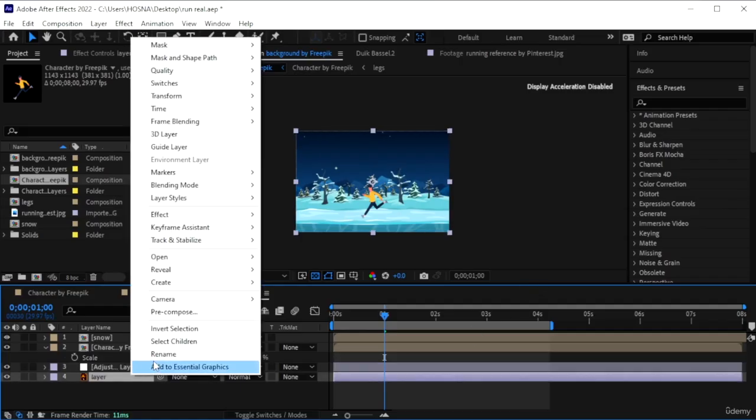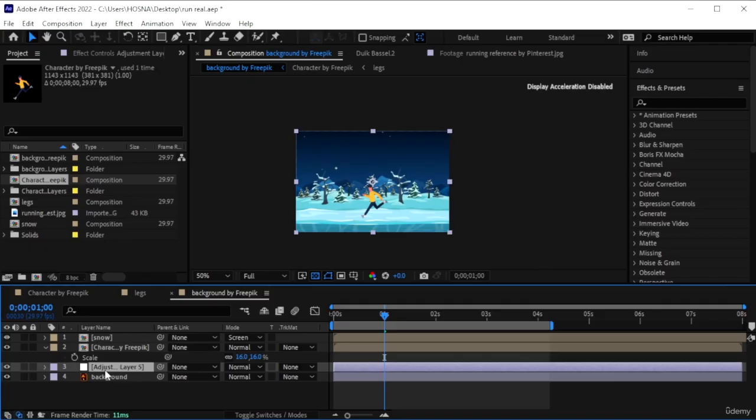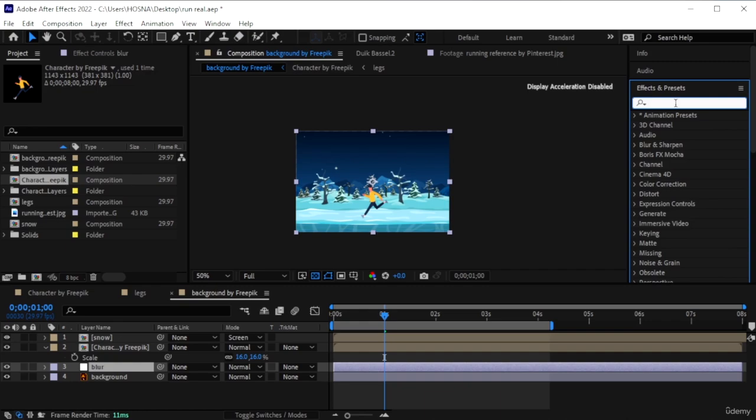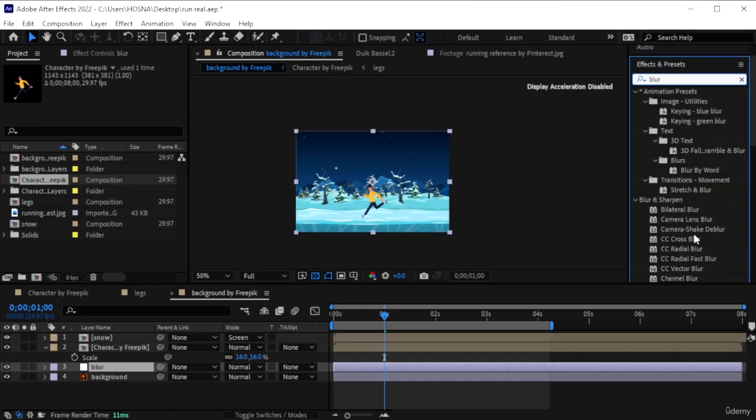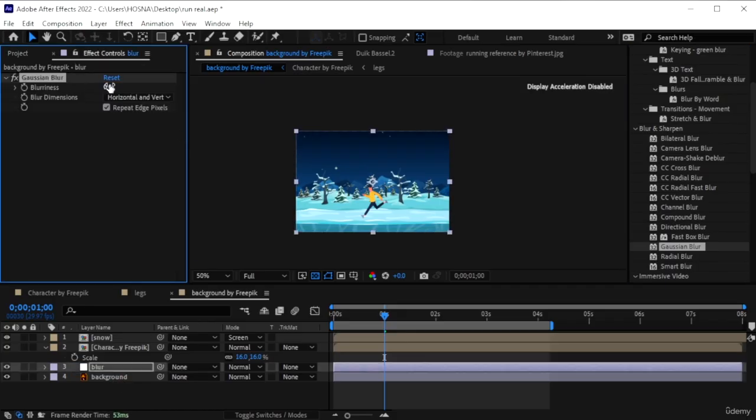Let's call this background. On top of the background layer, which is the mountains and all, we're going to make an adjustment layer on top and call this blur. Go to Effects and Presets, search for blur. Let's get something simple, Gaussian blur. I want to add, like, 30. That's too much. Let's try 10. 8. Okay, I'm going to add 8, and then we are going to select that blur layer, get the rectangle